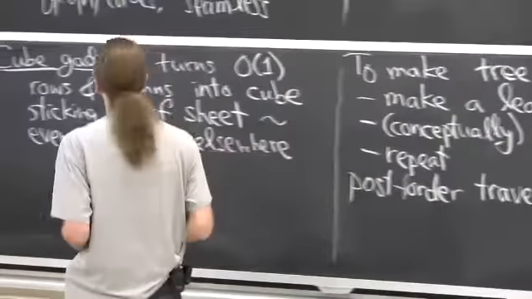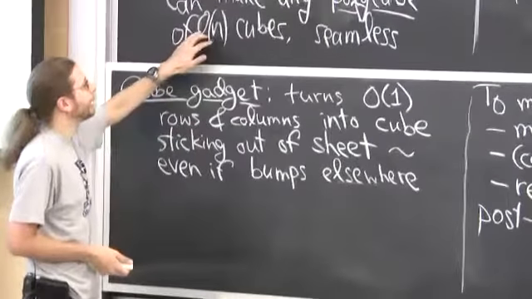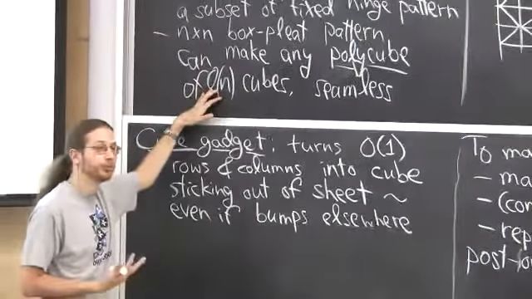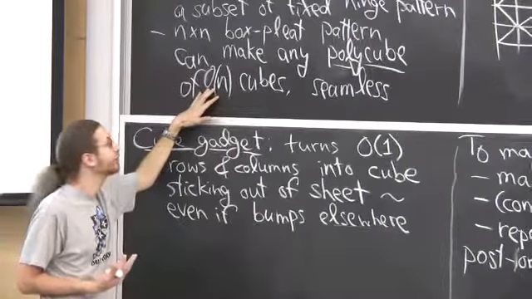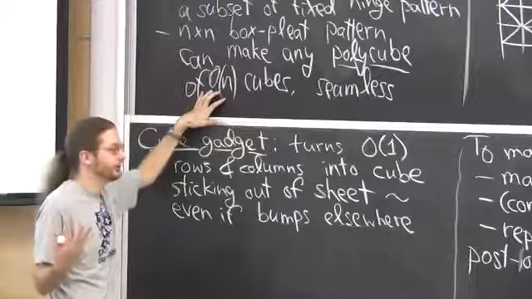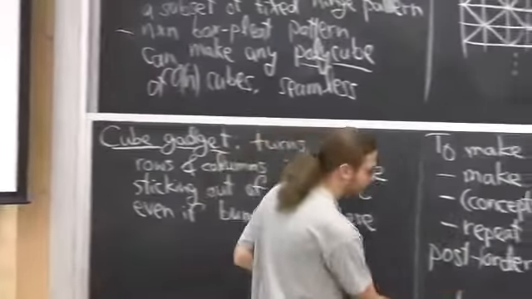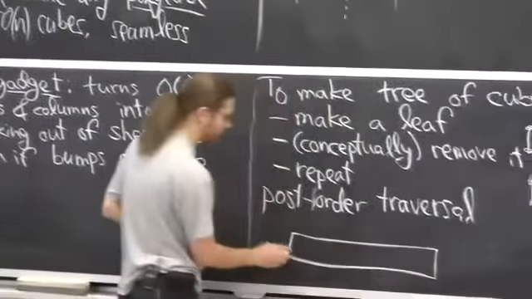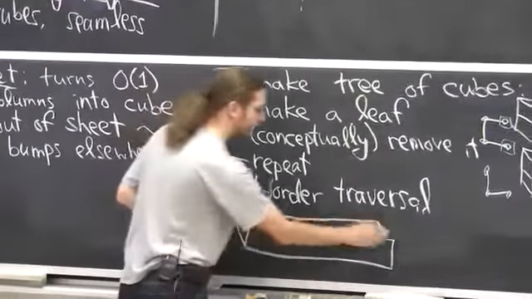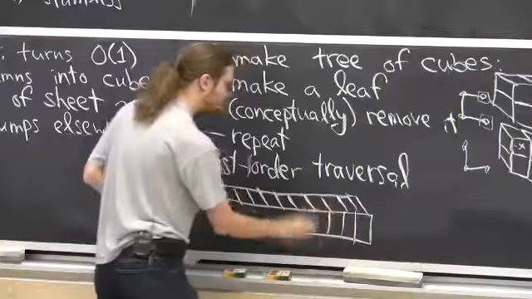Another fact, this is essentially optimal. So I'm using an n by n grid to make around n cubes. You might hope, in some cases you can do better. In some cases you can make n squared cubes out of an n by n grid. That's the best case. The worst case really is n cubes, because if you want to make a super long polycube, a 1 by 1 by n grid,